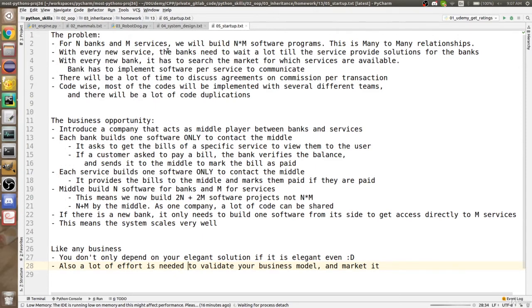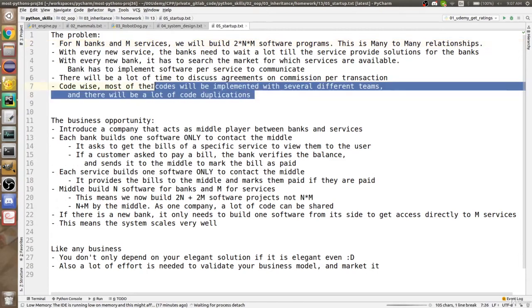The problem that we have in our system here, or in reality, that could happen in the early days of communications, is this: if we have N banks and M services, and every one of them is working independently of the others, it's expected that every bank is going to try to build code that matches the other software. So as a bank, I'm going to communicate with every other bank to build things. And every service has to do the same. So overall we have 2 times N times M software that we are going to build to make complete connections with everything.